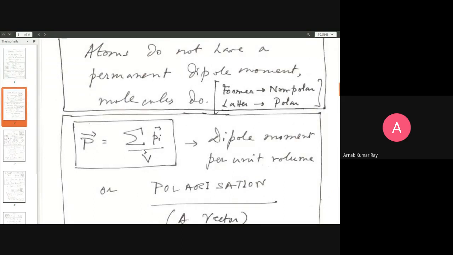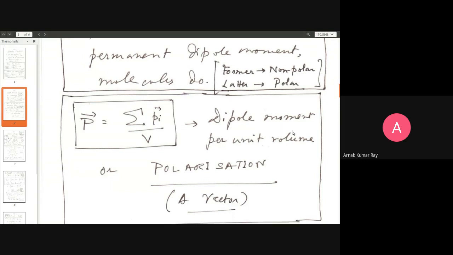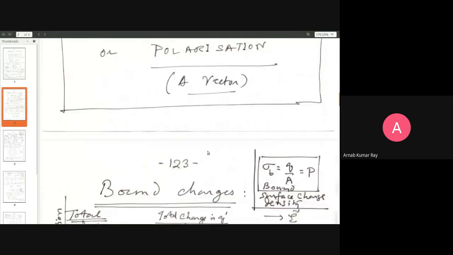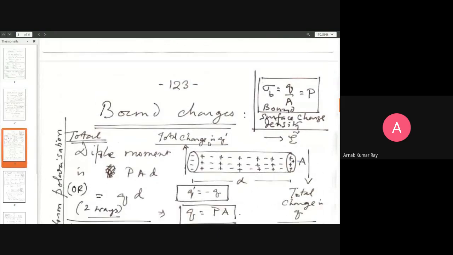So you'll have a large sum. So polarization is defined as the sum of all the individual dipole moments divided by the volume of the system. So if you have a glass full of water, the sum of all the water dipoles divided by the volume of the water in the glass will give you the total polarization vector. So dipole moment, total dipole moment per unit volume. So these are the ideas we shall now carry forward in what we are about to begin discussing.